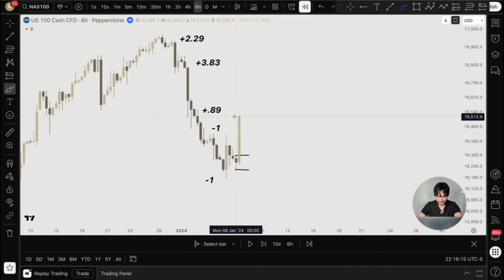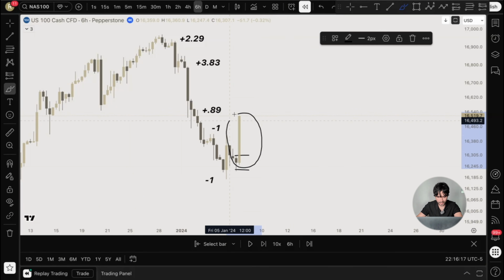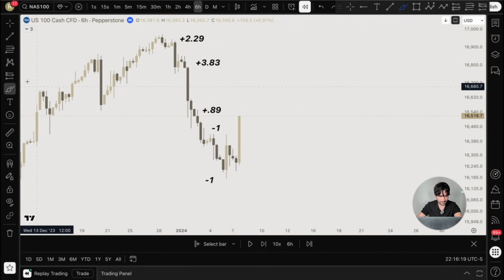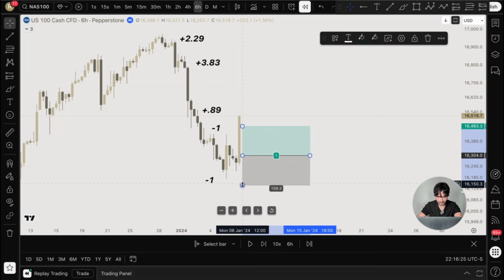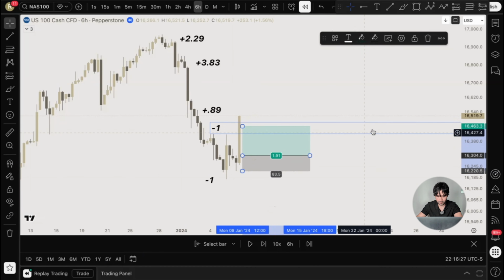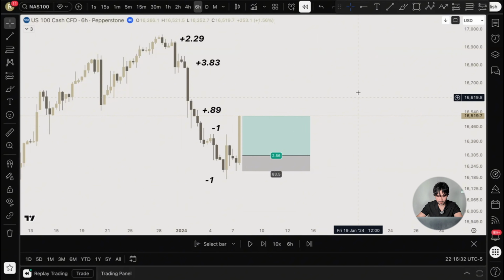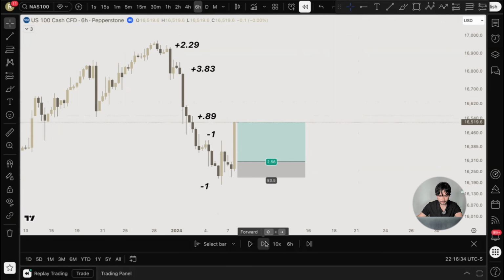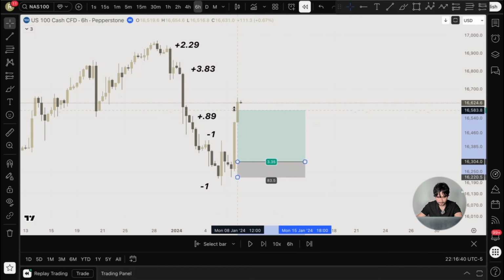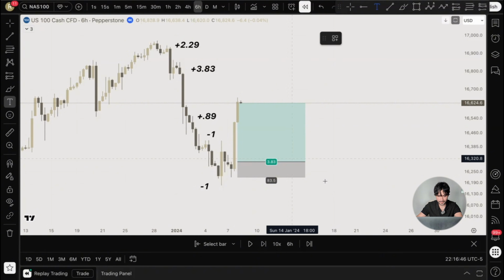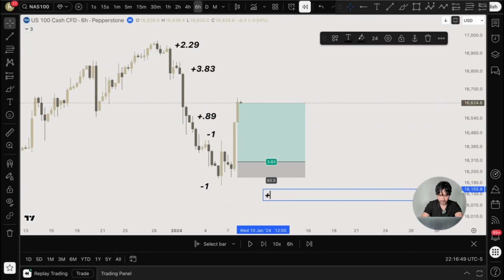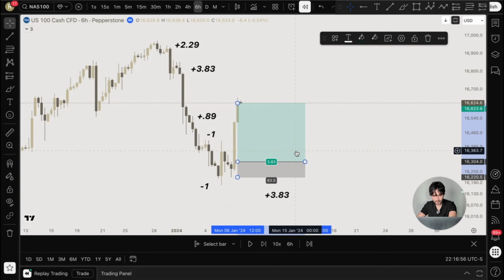Okay, we have this New York candle that taps us in with very aggressive price action, which is perfect. Love to see it. So this would have been a long position with entry at the high of that 6-hour candle, followed by a stop loss at the low. And this first candle is giving us about 2.5R. So we'll let these next 2 candles play out. And it looks like we finished with a sum of about 3.83R. So we'll go ahead and document that at the bottom here. And we'll close the position.